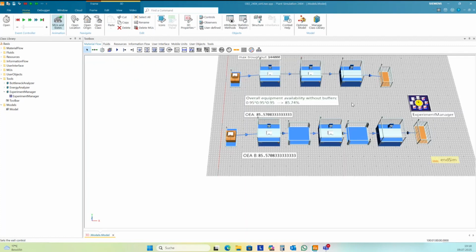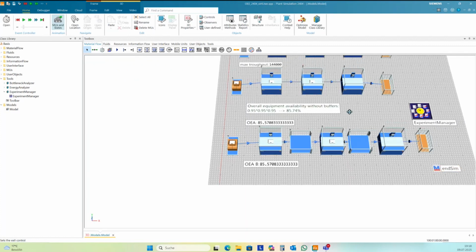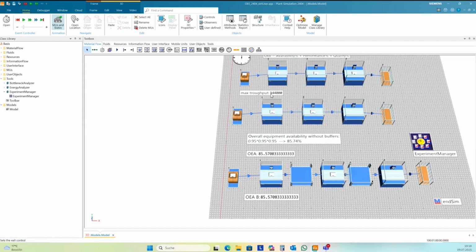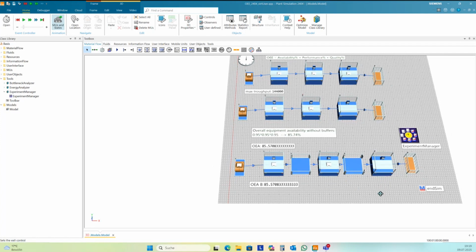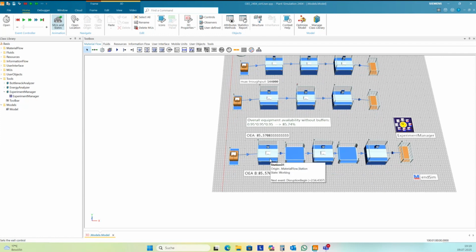We still need the calculation of the maximum possible output here, and we set this only in relation to this key figure here. Let's do a simulation run. Okay. Now my availability is increasing from 85% to more than 91%.